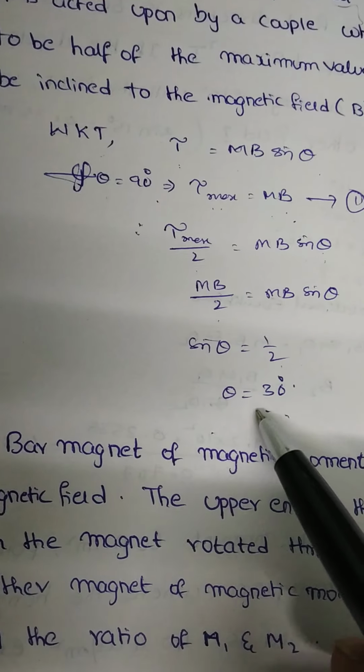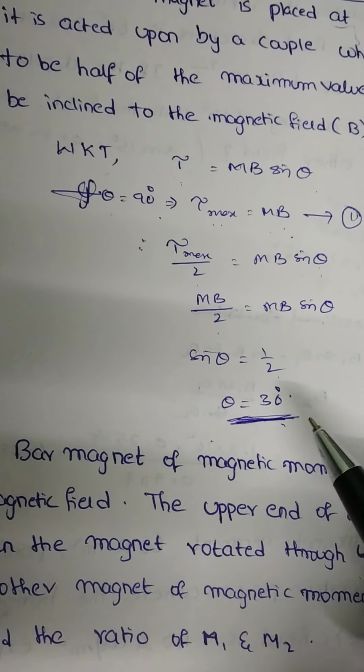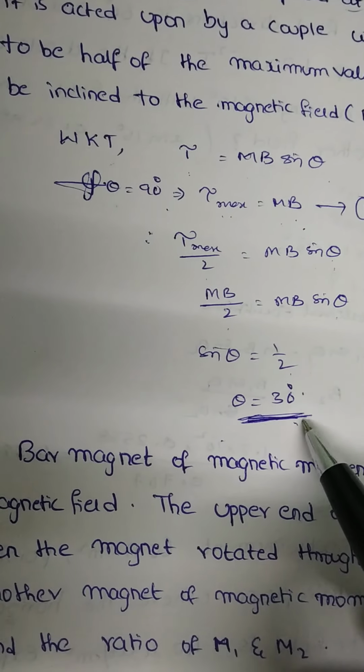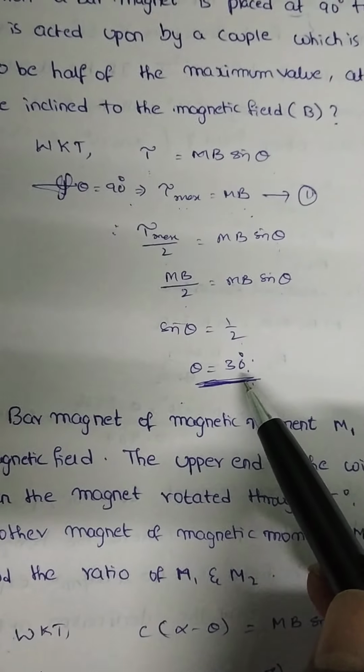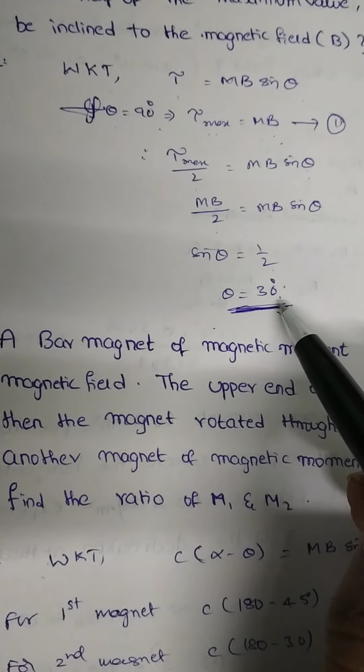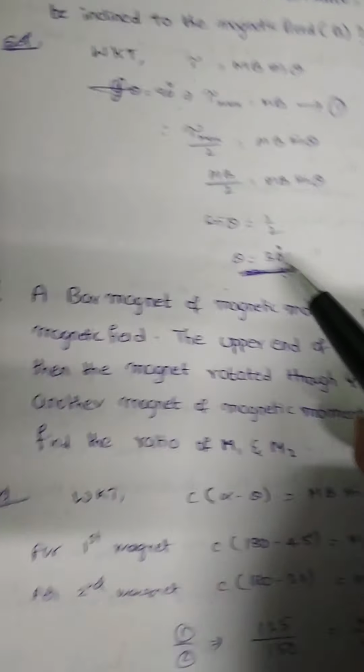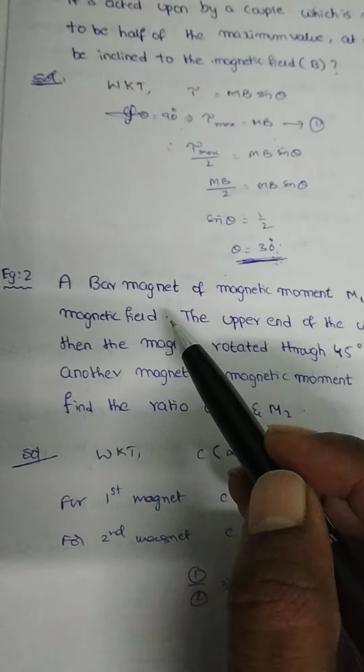That means a bar magnet inclined at an angle of 30 degrees with the field direction experiences half the maximum couple. That is the required answer. So the next one, second problem is,